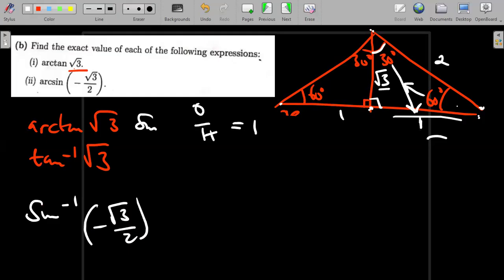So we're saying sine theta, or in this case sine 30, is just 1 over the hypotenuse, which is 2 there. So sine 30 will give us half, which is not the one we're looking for. So now let's do cos. When we do cos 30 degrees, cos is